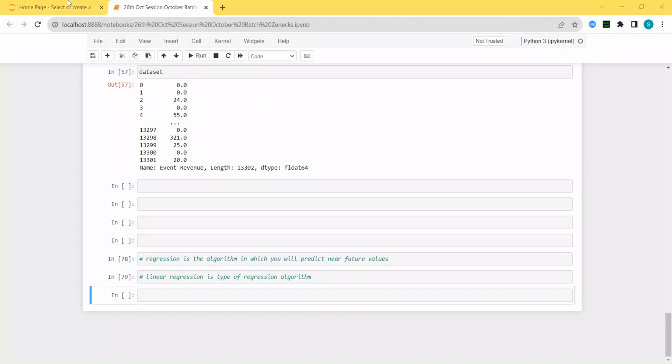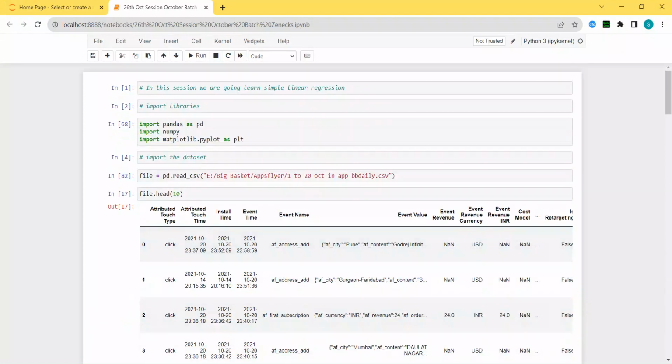Okay, so students, let us start with today's session. Before moving forward, let us quickly recap what we have done till now. In this particular file, which I shared with you yesterday, we have just started with one particular thing that we are going to learn: simple linear